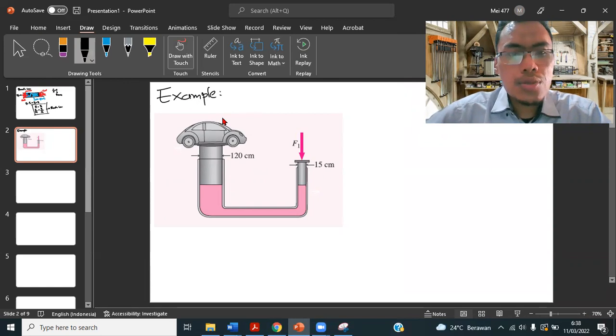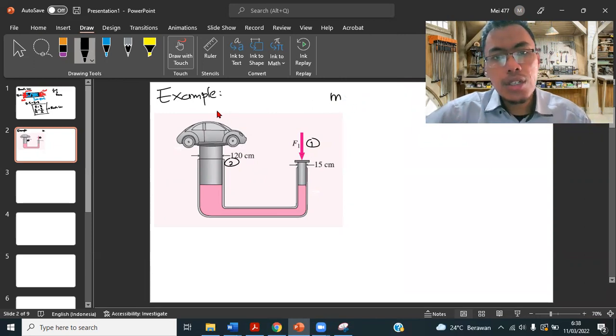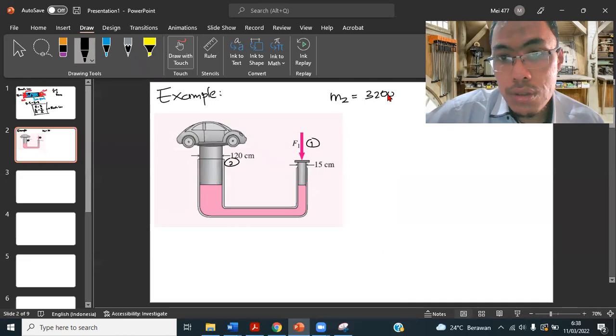Let's say this one is 0.1 and this one is 0.2. M1, M2 I mean, because this one is 0.2. M2 is 3,200 kilogram,